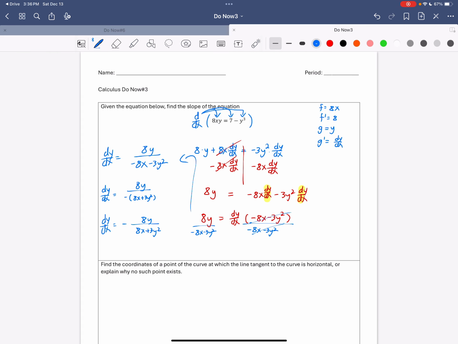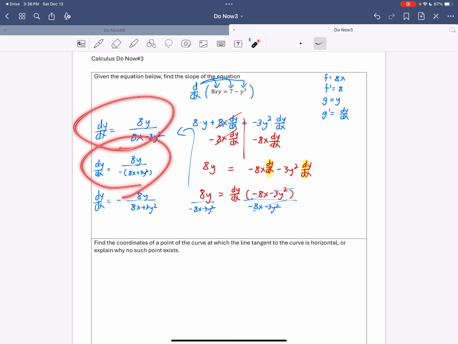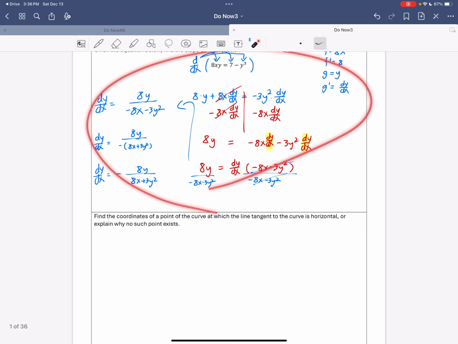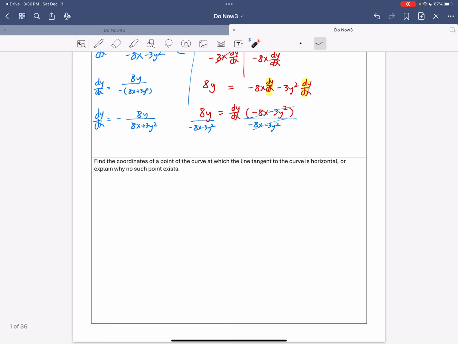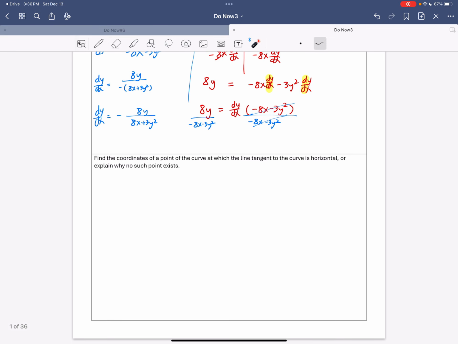So that's it. Your answer is gonna be one of these 3, okay? And you have to show this one on the paper. Number 2. Find the coordinate of the point of the curve at which the line tangent of the curve is horizontal, which means horizontal means y equals 0,